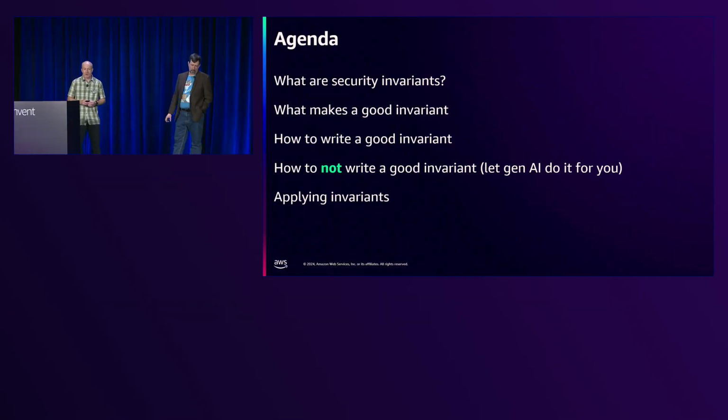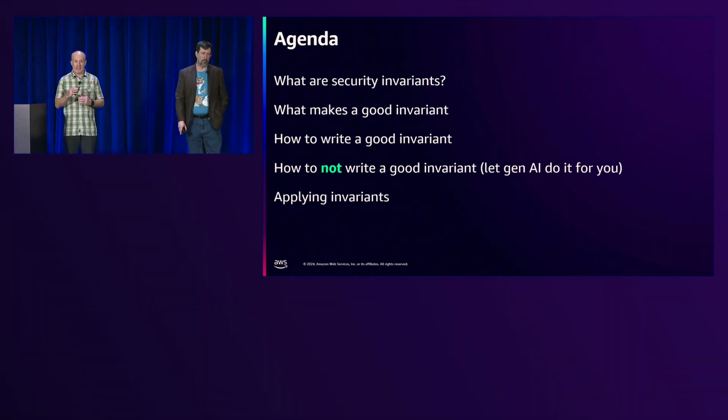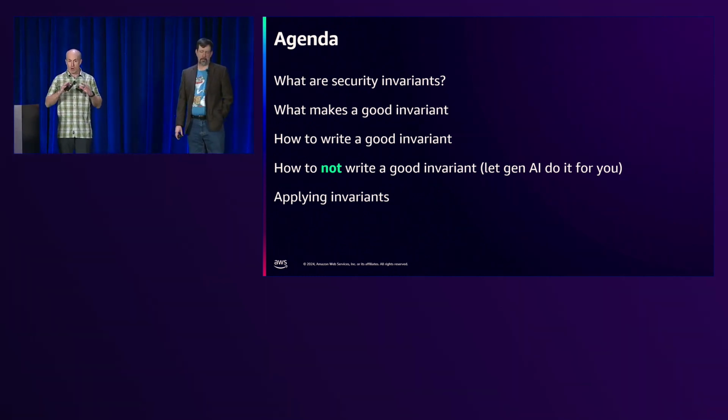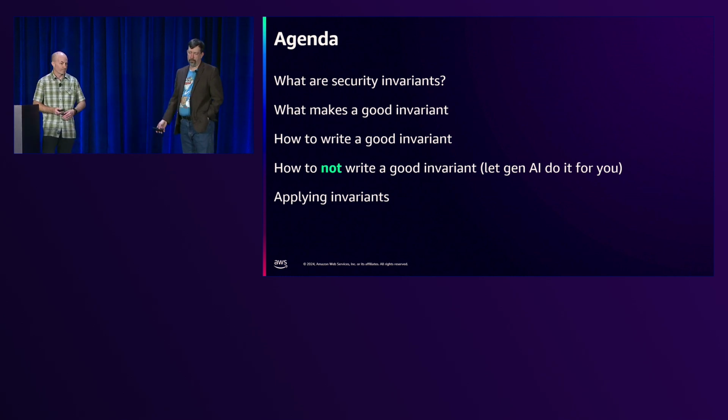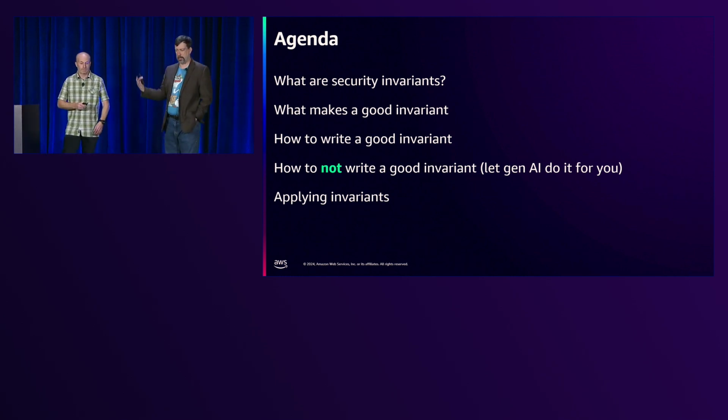So today what we're going to talk about is security invariants. We're going to give you definitions of security invariants. We're going to start at that top level of what these are and what their meaning is, but then we're going to dive down. We've got a wealth of technical examples, and we'll show you different kinds of policy examples, and walk through the major categories of invariants as you can implement them on AWS today. Yep, and it's a 400 level session, so there will be JSON. Apologies for anybody who's